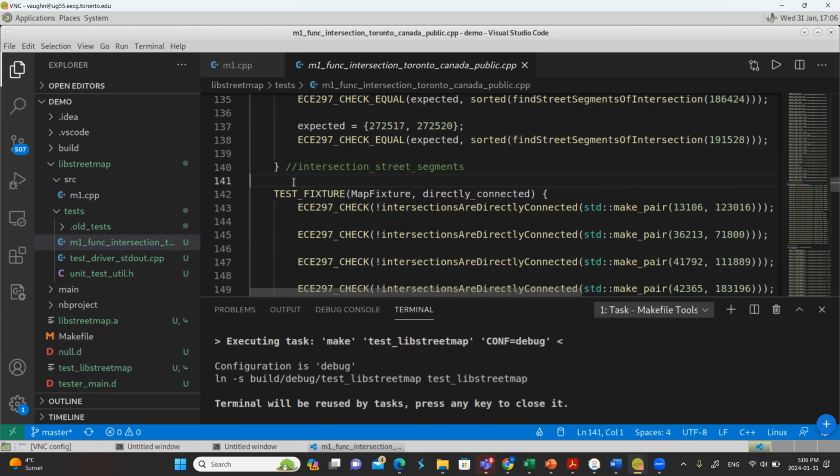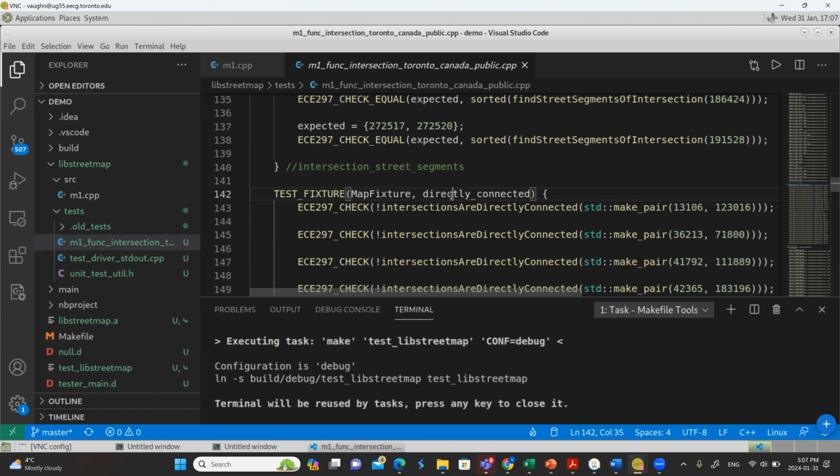Okay, and then after that, we see a new test fixture. These are all basically predefined classes and macros and stuff that the unit test library gives us. So if you go, I don't know what a test fixture is, it's fine. If you go read the unit test quick start guide, it'll tell you what that is. But basically it helps us shorten our code, right? People usually use libraries to help them write unit tests. So we did that.